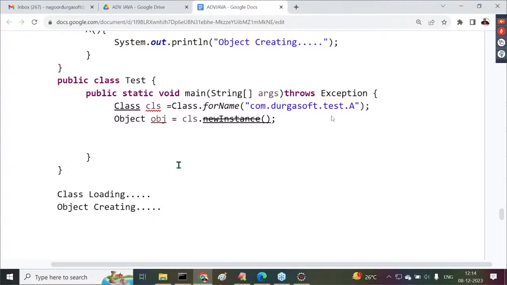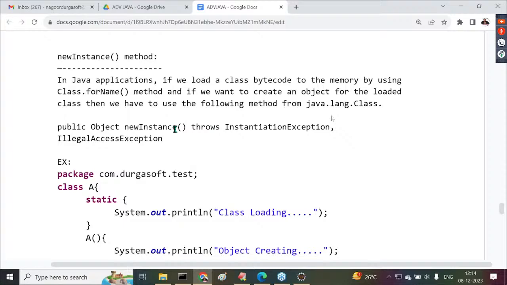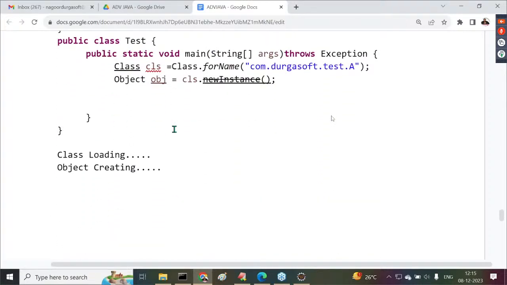Right, sir. It's okay. All of you understand it now. After completion of this point, I'm now telling you the internal flow of execution. Observe carefully. In the above program,